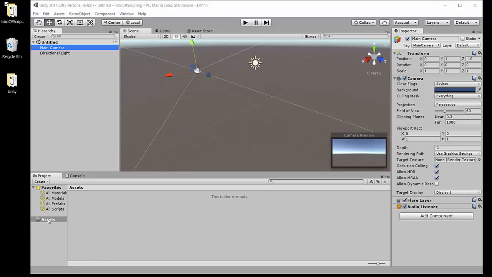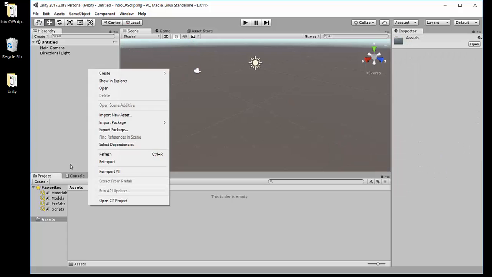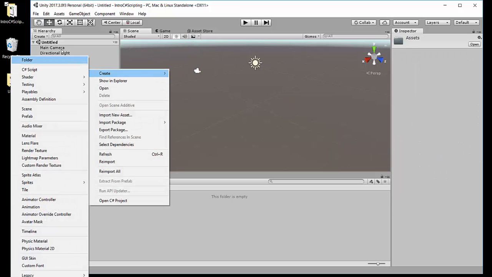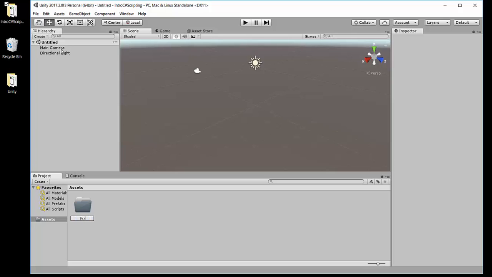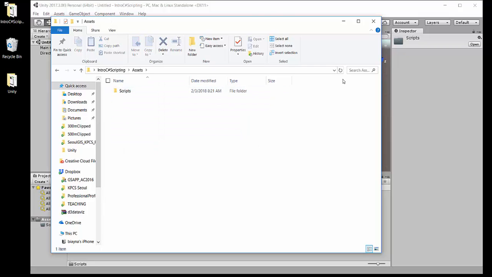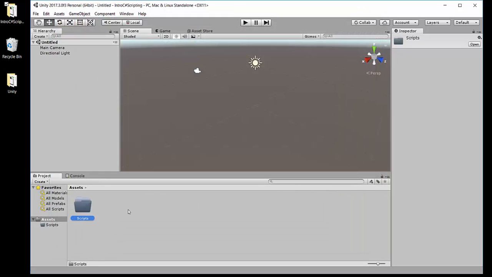Let's go to our assets folder and first create a general folder by right-clicking, going to create, folder, called scripts, that would contain all of our scripts. Now this folder could also be accessed by going to your project folder under assets, and you would find that folder here. And close this. Now double click on scripts